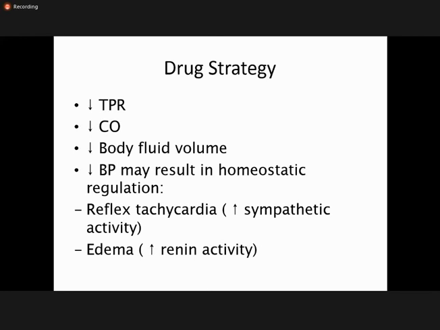So when there is a stimulation of alpha 1 receptor, due to stimulation of sympathetic activity, there is vasoconstriction. When there is vasoconstriction, it will increase the peripheral resistance. Increased peripheral resistance is responsible for increasing the venous return. When there is increased venous return, an increased amount of blood will come back into the heart for the next pumping, so